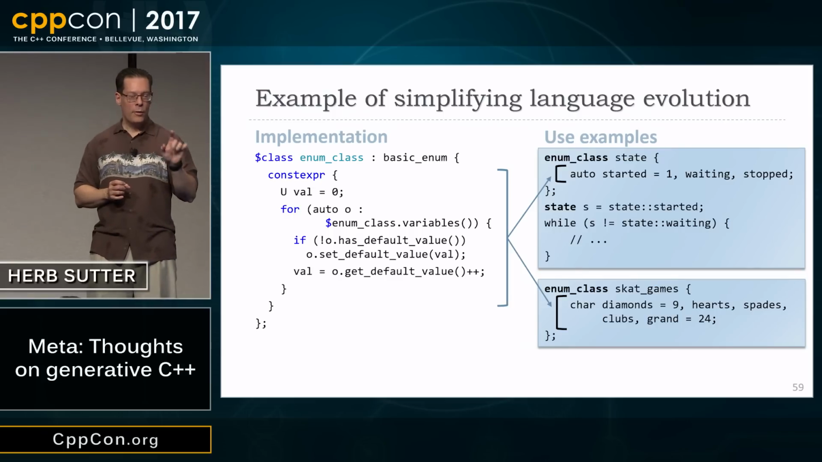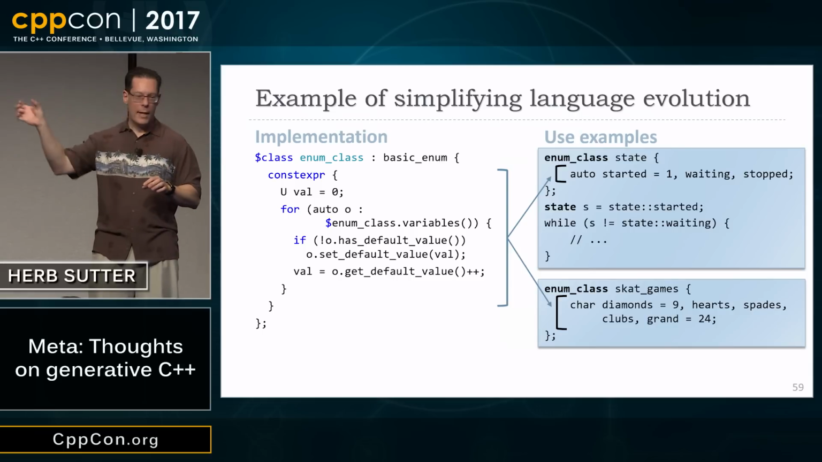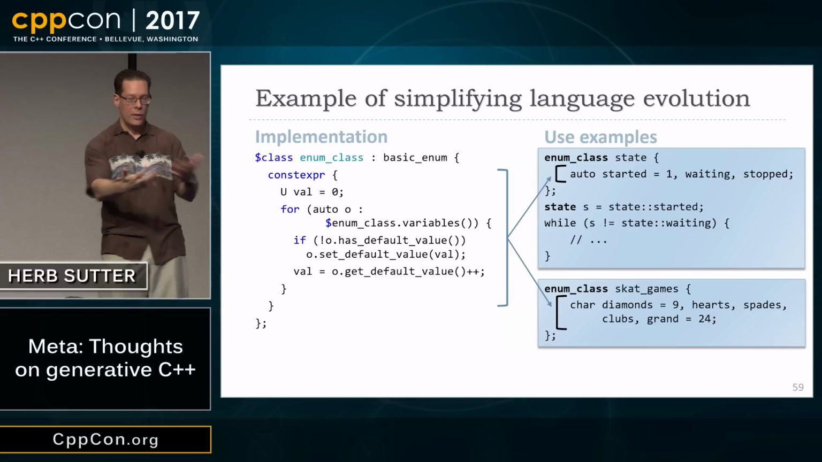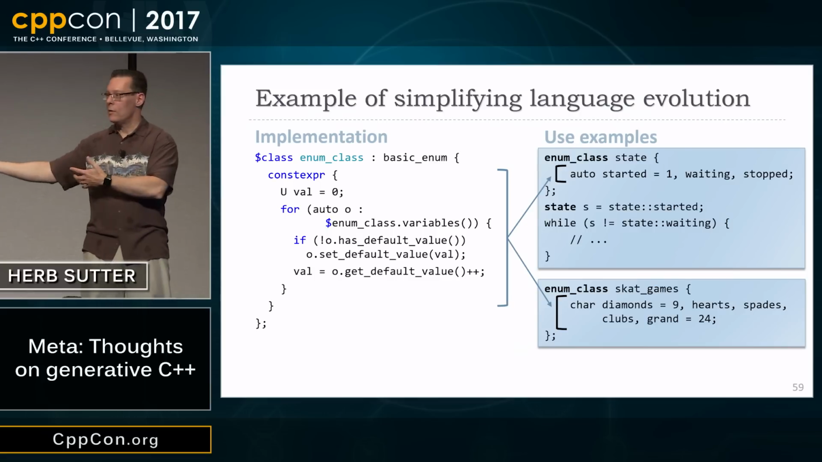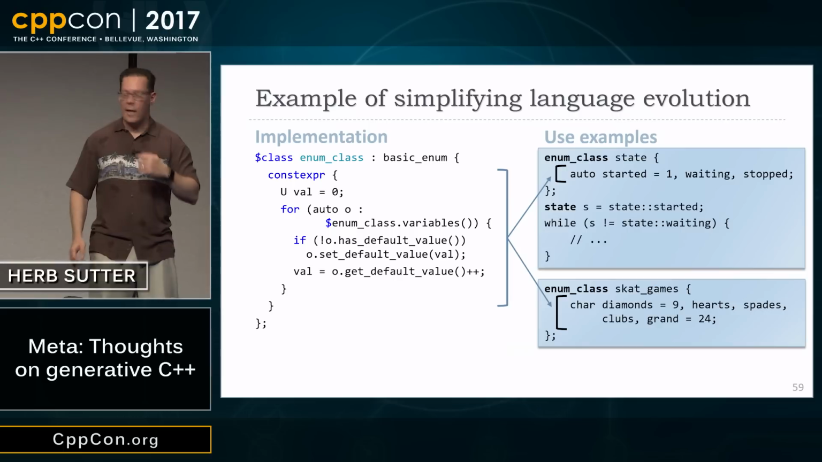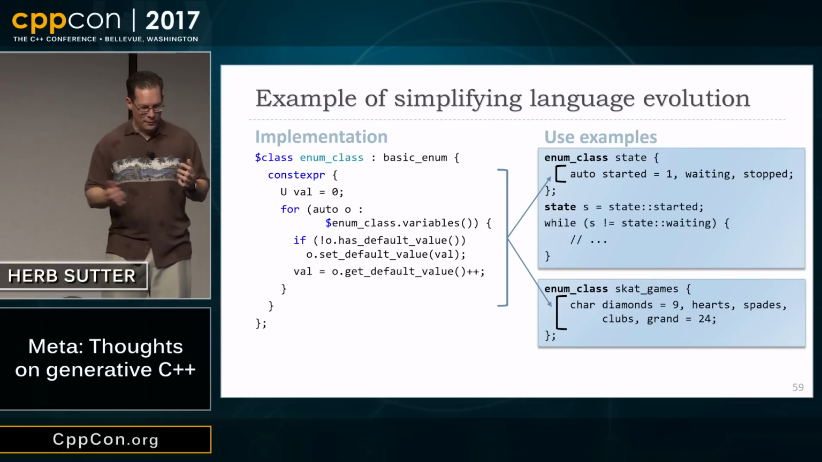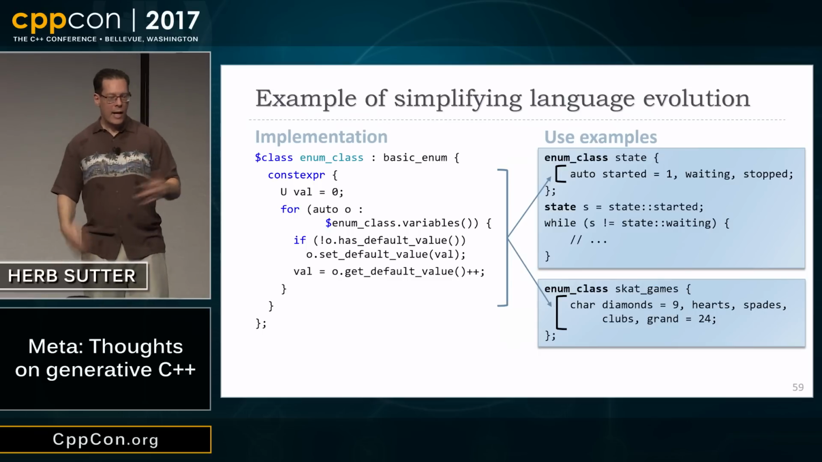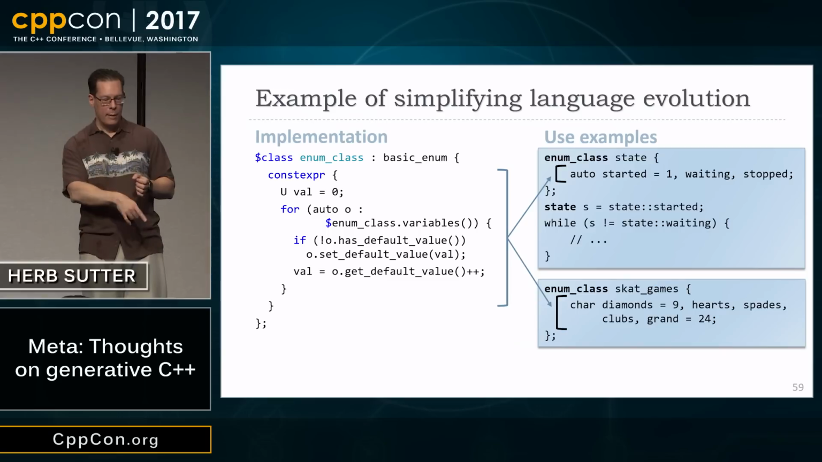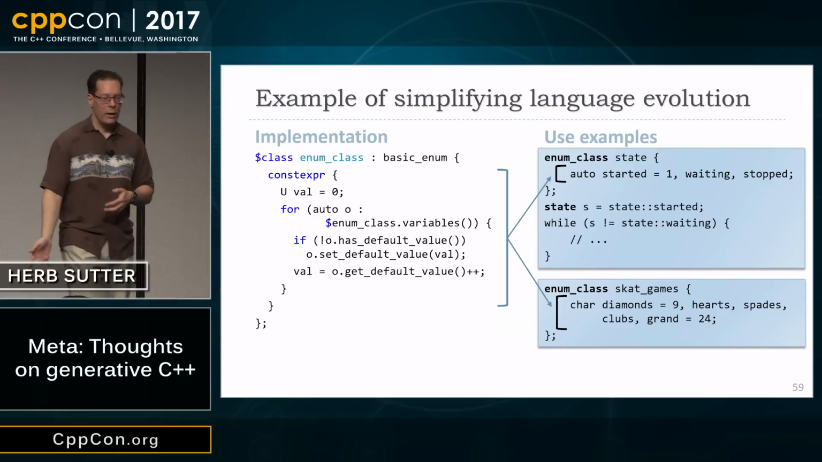Instead you put the base type in as the underlying type, as with enum class in the language. You say state colon int, say, whereas here you just say int started equals 1, etc. And there's a semicolon at the end because we love semicolons. Semicolons, they rule. And then I can have Scott games. Diamond starts at 9, hearts is 10, spades is 11, clubs is 12, gone is 24,